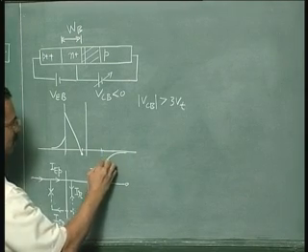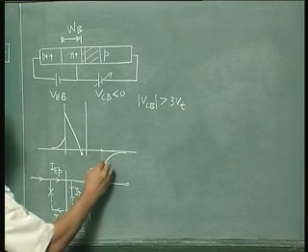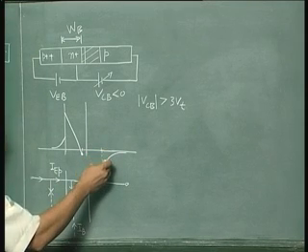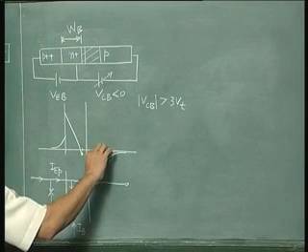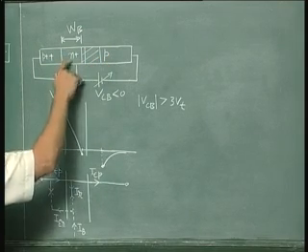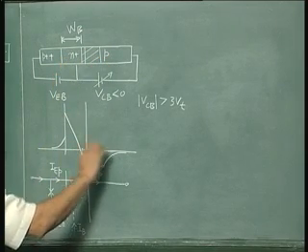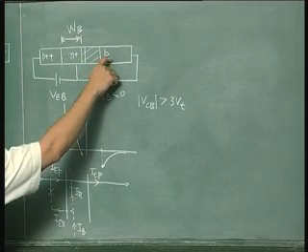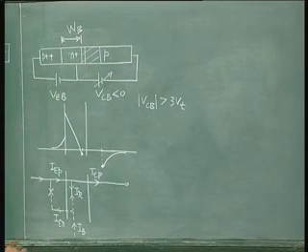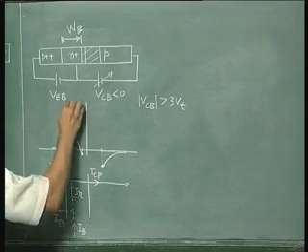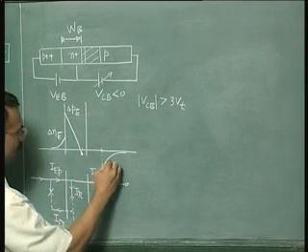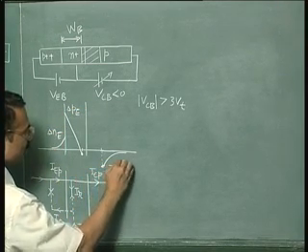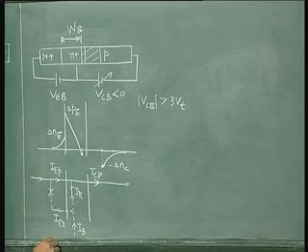like this, excess carrier concentration saturating at again minority carrier, magnitude is minority carrier concentration. Since doping here is less than doping here, this value is more than this, because minority carrier concentration in collector is more than in base. So this is delta PE, this is delta NE, this is minus delta NC, and